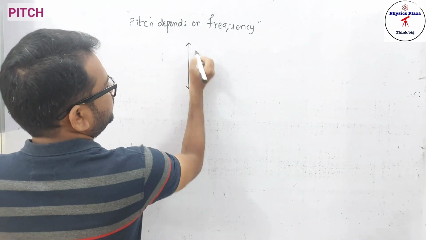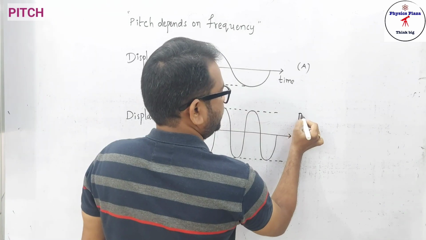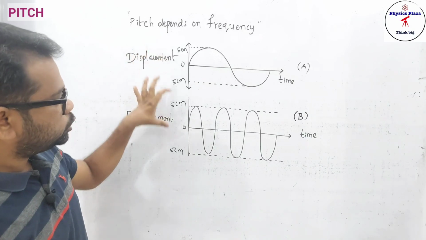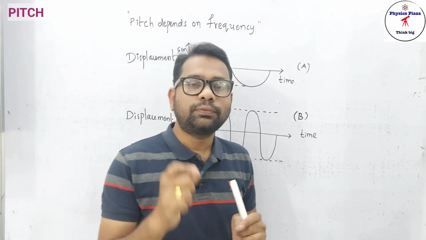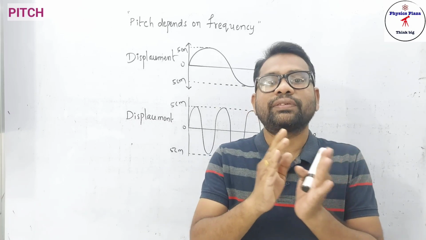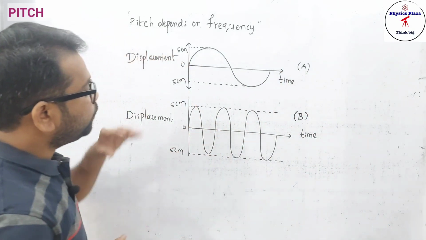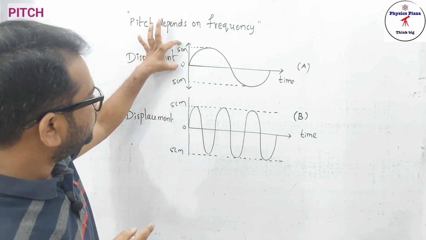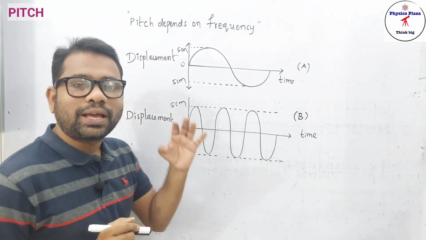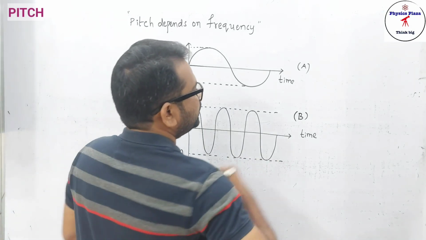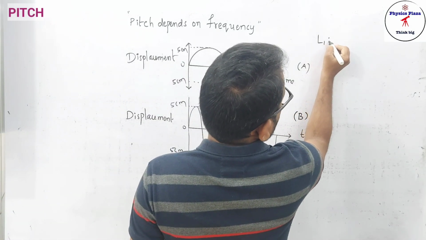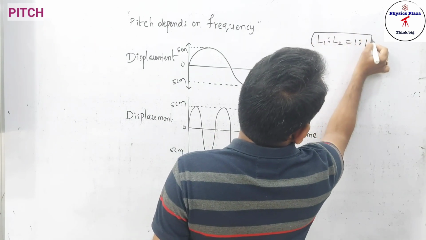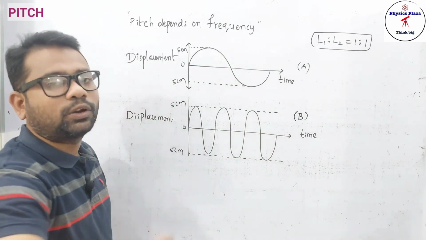Now let us see how the question can be asked. So let us take one wave here. Here is wave B. Children, the question can be asked like this: two diagrams will be given, and they'll ask which of the following waves has more pitch, and give a reason. So first try to understand, children, what is the ratio of amplitudes here? The amplitude is 5. Here also 5. So the amplitude is the same. As the amplitude is same, loudness will be same. So if they ask you the ratio of loudness, it will be 1:1. Very important. Because the amplitude is same, obviously the loudness will be same.